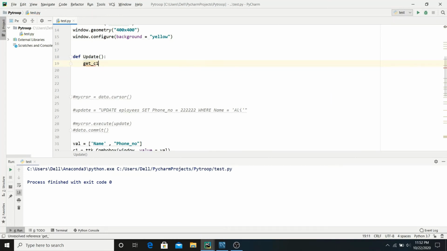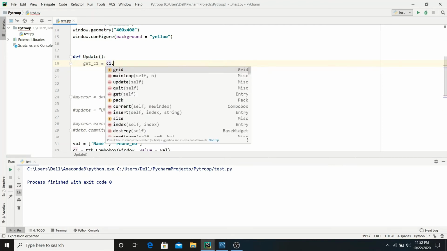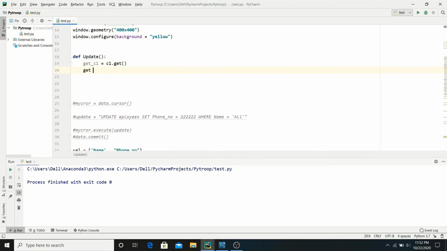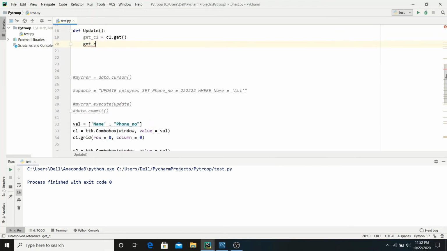Let's say get C1 is equals to C1.get. So from this get function we get the value whatever we select in the combo box. Now get C2 is equals to C2.get, make sure it's C2, yes it's C2.